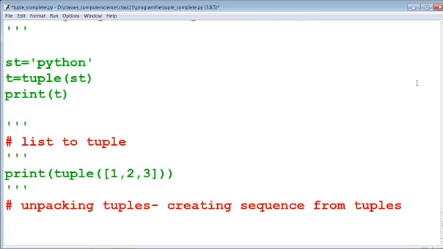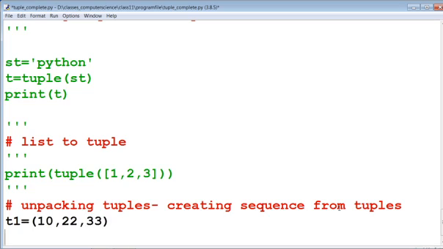When we convert a tuple into a string or sequence or any type of value, then this is called unpacking of tuples. Now to use unpacking of tuples, suppose that t1 equal to 10, 22, 33.